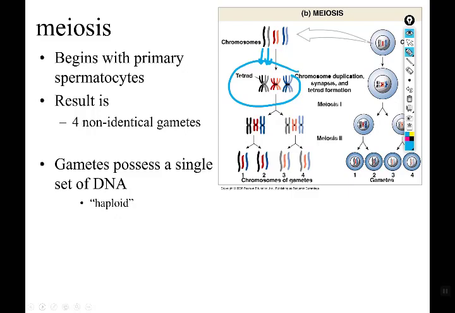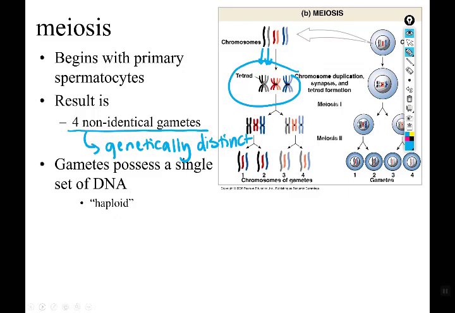Because of the shuffling, and also because of independent assortment, if you don't remember what those things are, go back and look at the information for Biology 160. Because of that shuffling and so forth, we're going to end up with 4 gametes that are not identical to each other. So they are genetically unique. Gametes possess a single set of DNA